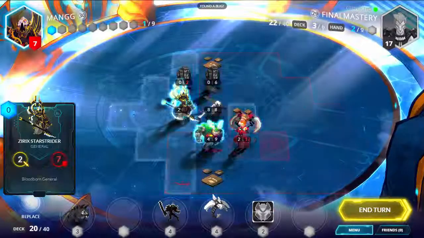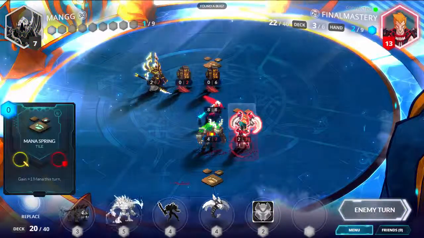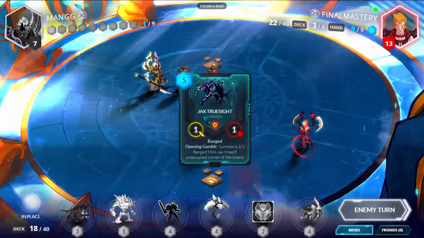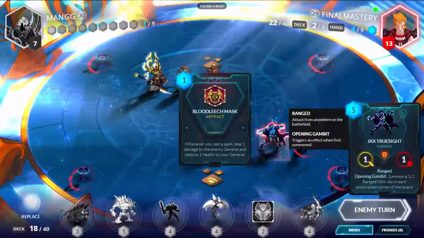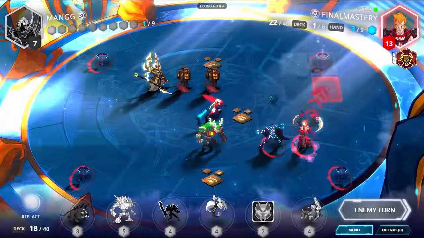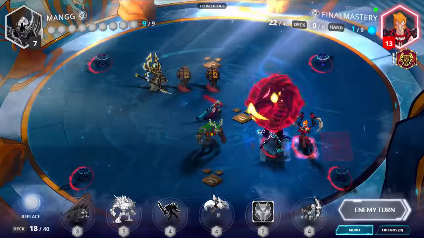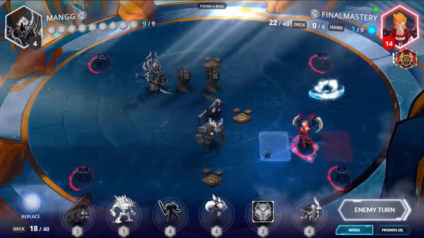Alright. He can still definitely kill us. Phoenix Fire, Spiral Technique combo would wreck us, but we pulled the right card. Jack's True Sight. 1/1 with range. Opening Gamut, summon a... Oh my god. Look at this. And they all have range. I need to end him quick. That is a crazy card. I've never seen it before, so...